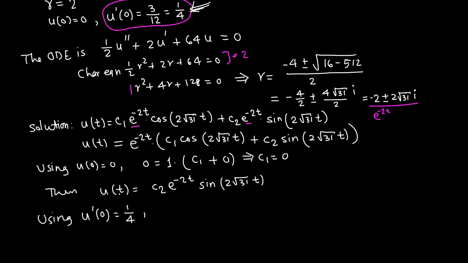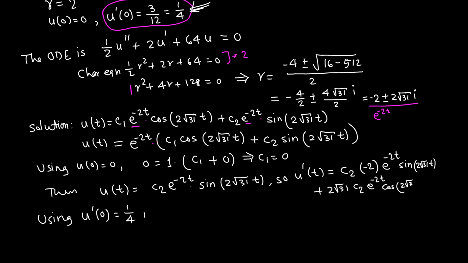We haven't found the u prime t yet, so let me find the derivative here. u prime t is equal to, we have a product, so we need to use product rule. c2 stays there, derivative of first factor is negative 2 e raised to negative 2t, sine stays there, sine 2 root 31 t, plus now derivative of sine is cosine and this comes outside, so 2 root 31, we have c2 e raised to negative 2t cosine